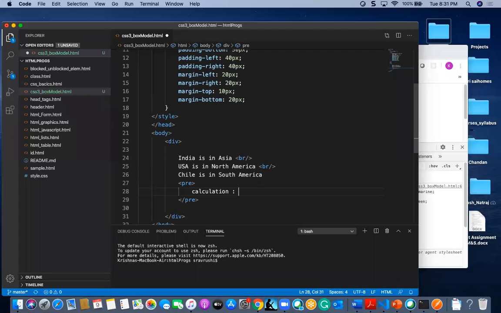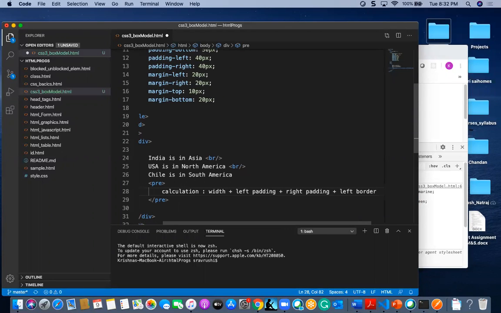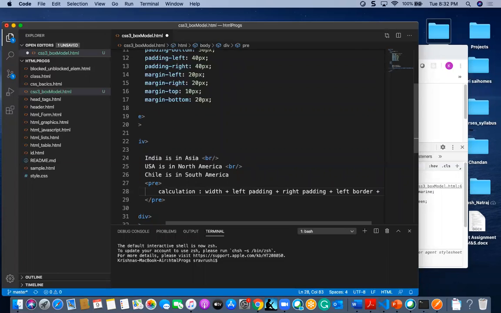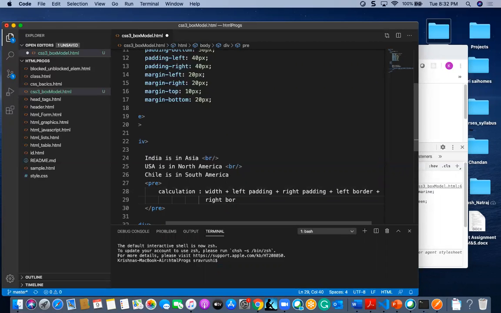The calculation is: width, plus left padding, plus right padding, plus left border, plus right border, plus left margin, plus right margin.